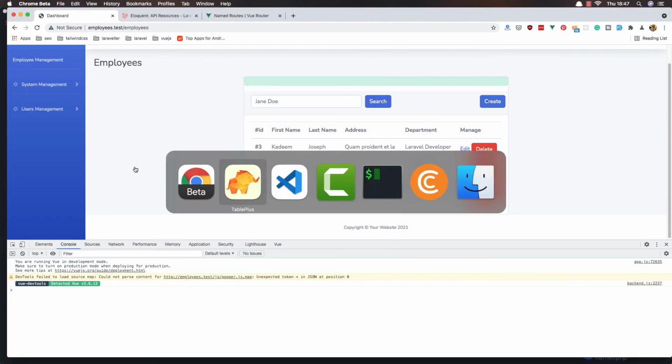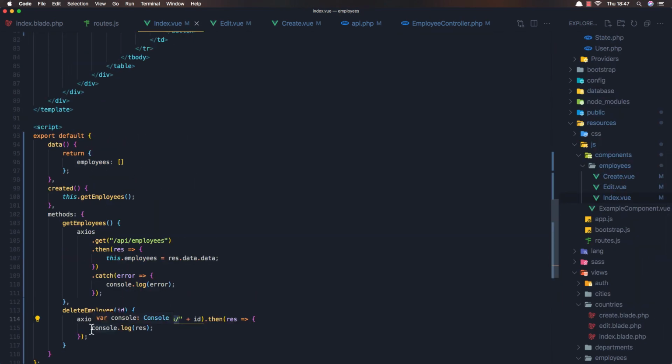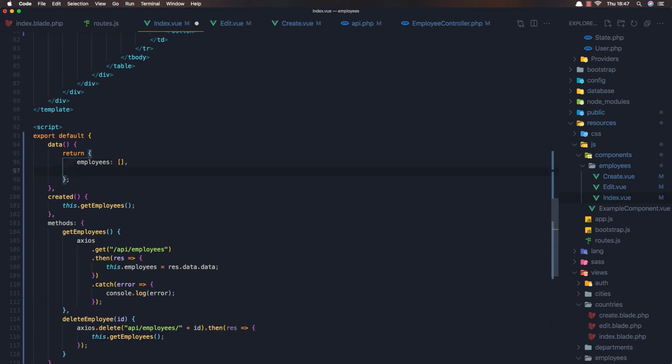Okay, but when we delete, so in the index, when we delete, I want to update the employees, so I'm going to call this dot get employees, and I'm going to add one show message. It's going to be false by default, and when